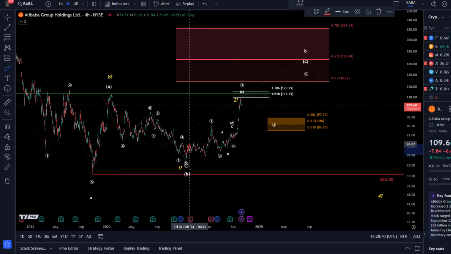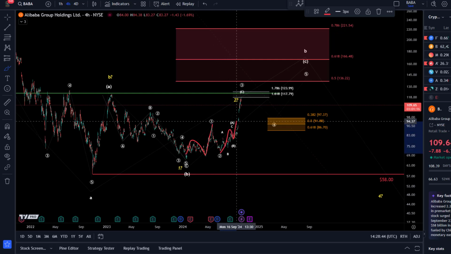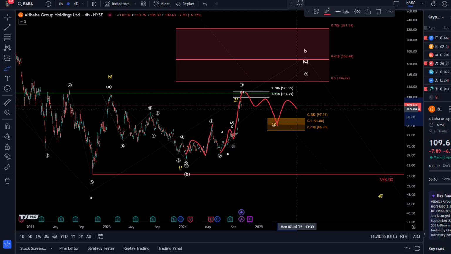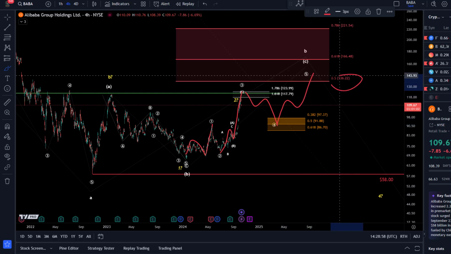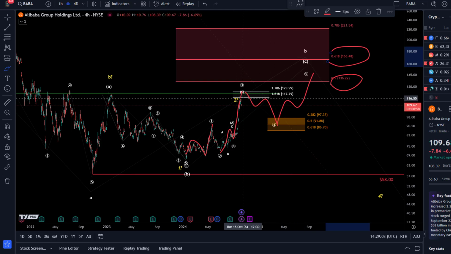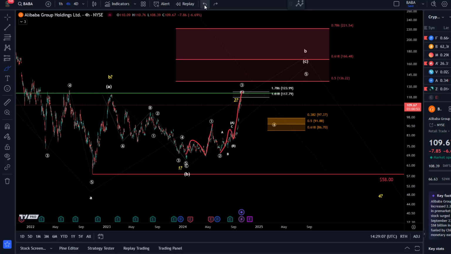So as you can see here, A, B, C in wave 1, A, B, C in wave 3. The third wave is still, even in a diagonal, often the most aggressive part of the trend. And then the wave 4 should be an ABC, and the wave 5 as well, and it might take us to 136.22, possibly rather 166.48, but we can specify that a little bit more precisely